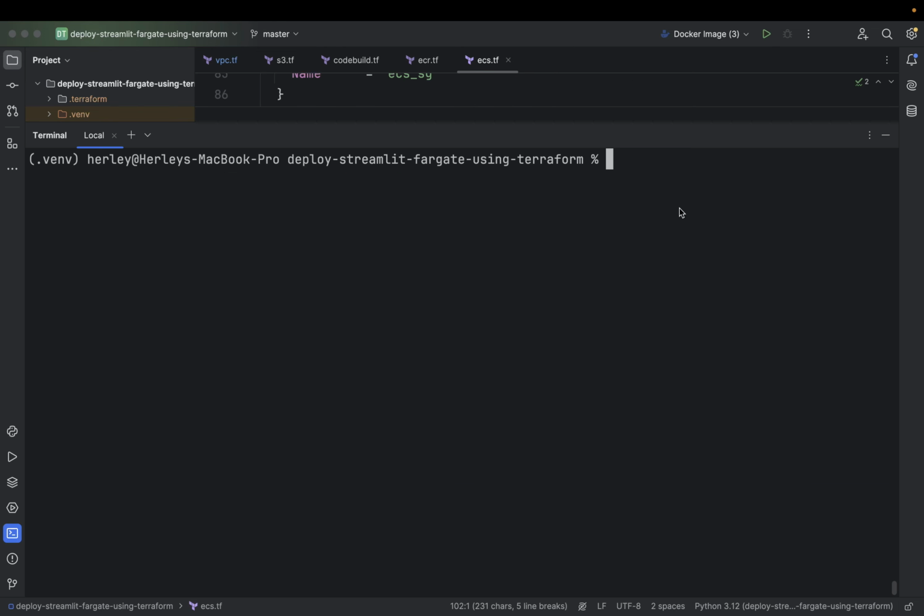Okay, now let's build our Terraform. I use auto approve.